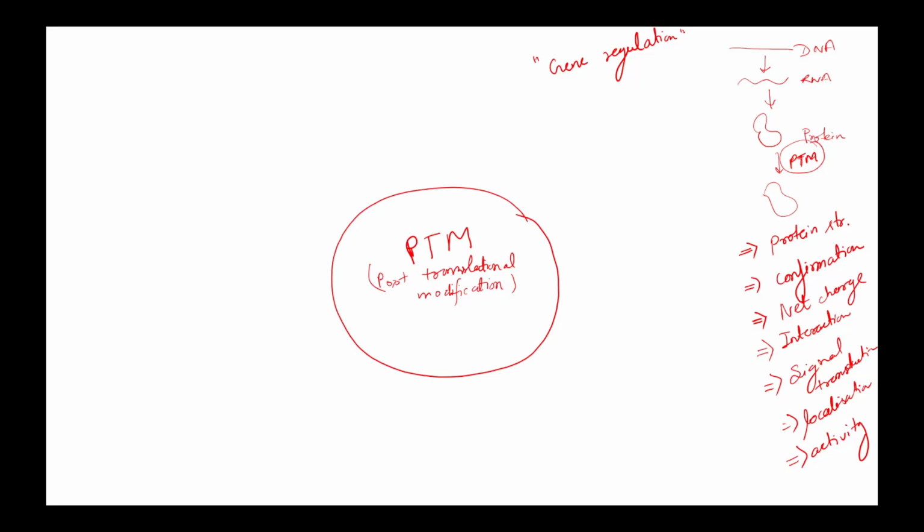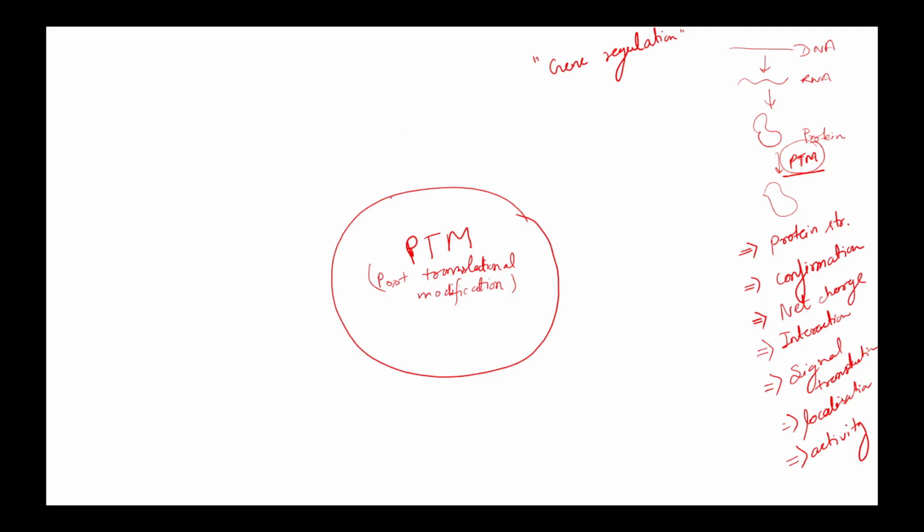To regulate gene expression and activity, these PTMs are important. Suppose one gene is functional in one organelle or one organ, that gene or that protein can be suppressed in another cell of our body via post-translational modification. So that is why post-translational modification plays a very important role in gene regulation. Okay. There are several types of post-translational modification,